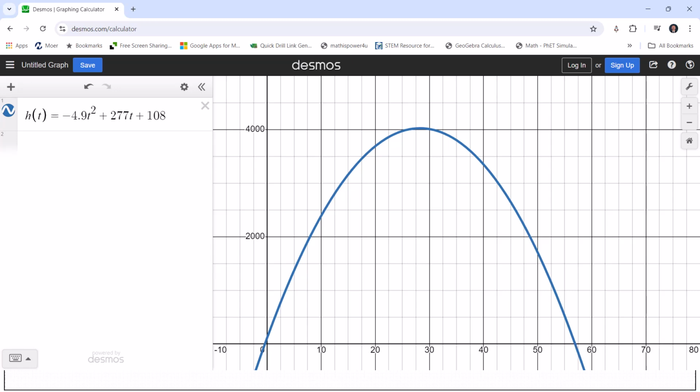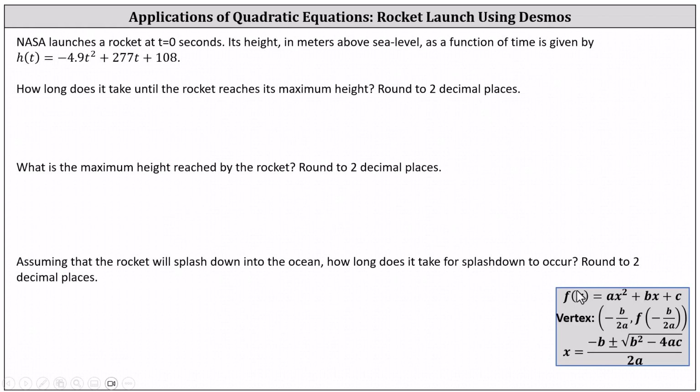our answers. Recall when we have f of x equals ax squared plus bx plus c, the vertex is the ordered pair negative b divided by 2a, comma f of negative b divided by 2a. Of course, in our case, we have h of t, not f of x, but we can use the same formula. To begin analyzing the height function, notice a is equal to negative 4.9, b equals 277, and c equals